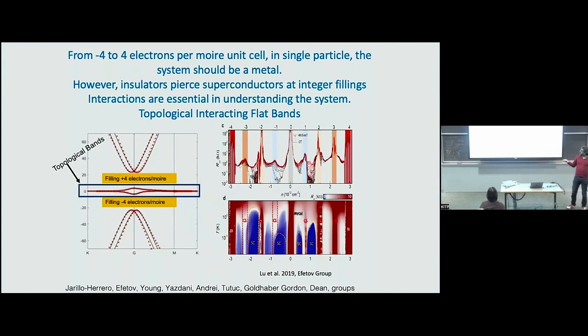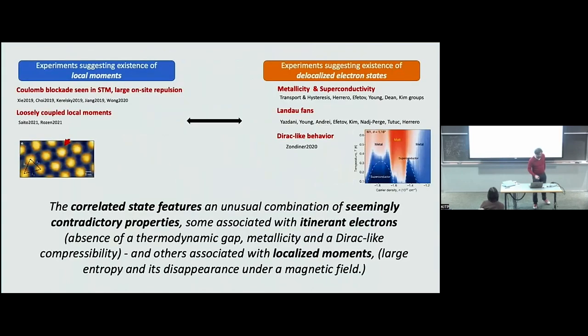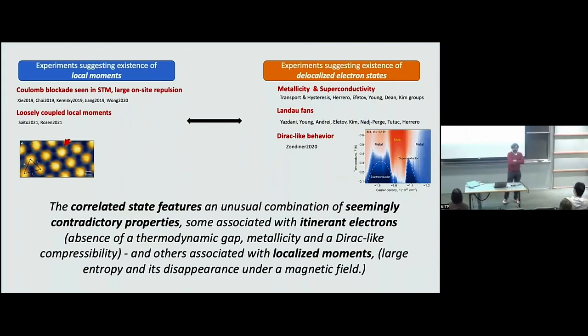diagram where if I go from -4 to 4 electrons, the system is a single-particle metal, but it's a many-body insulator at integer filling, and you've got superconductivity in between these integer fillings. Now, by now there are many experiments on this system, and the experiments point to a